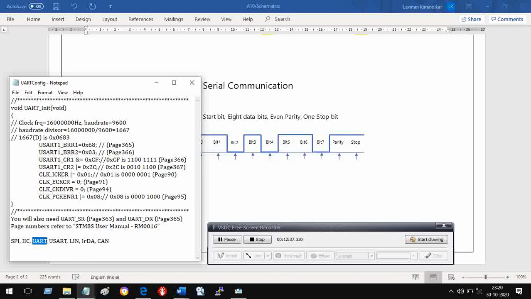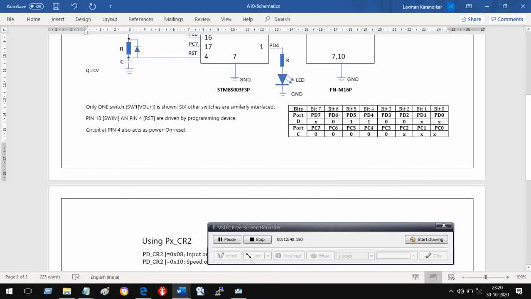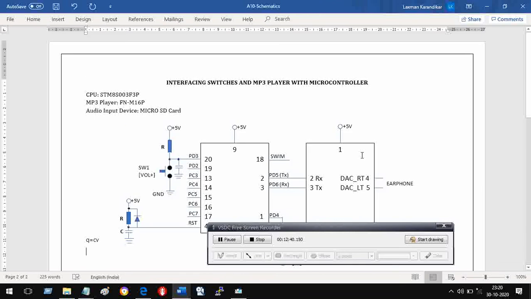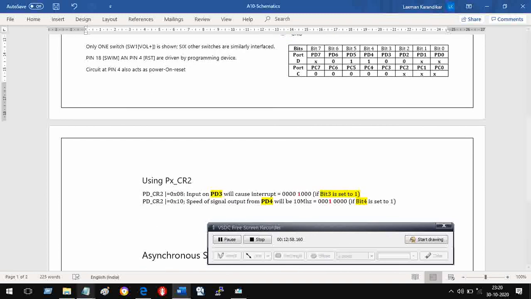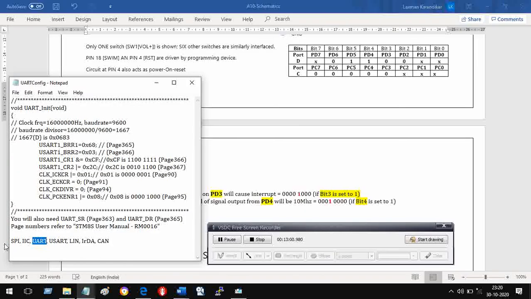Why? Because the device I'm using only accepts UART connection. Therefore, I enable and configure the UART of my microcontroller. That is the reason why I need a UART for my work.